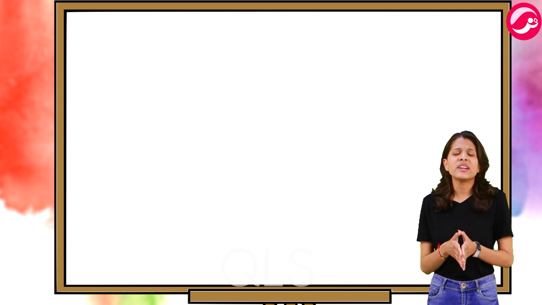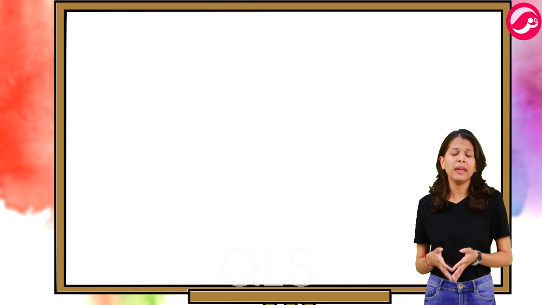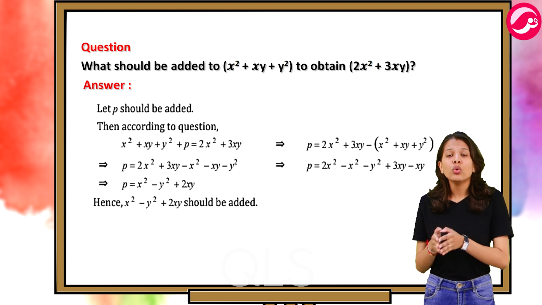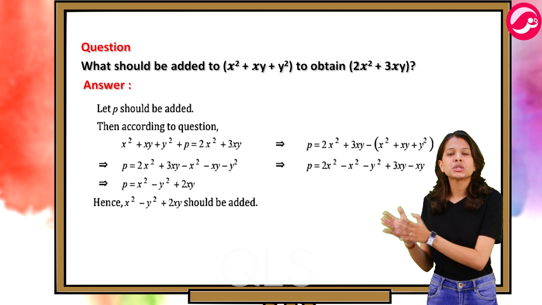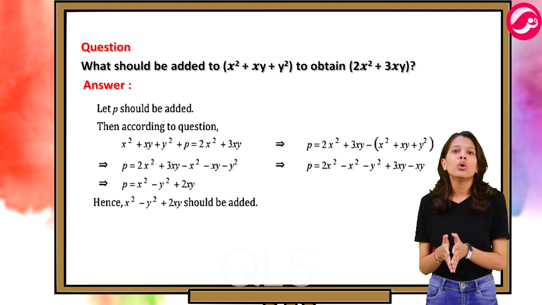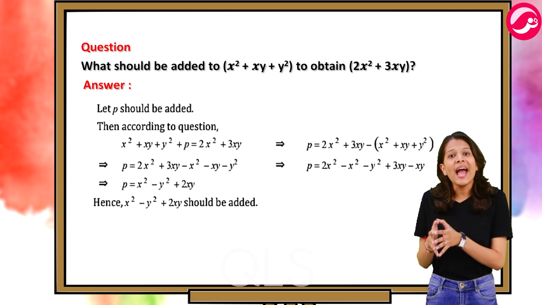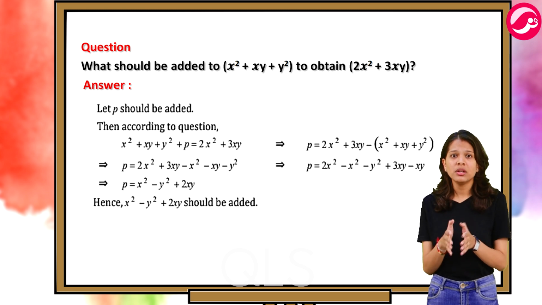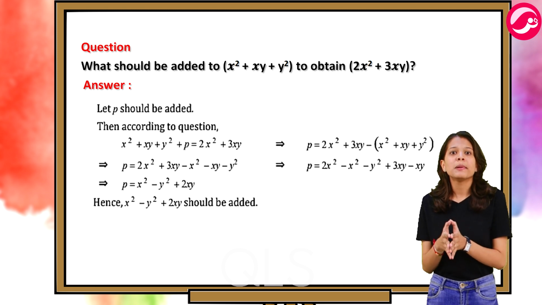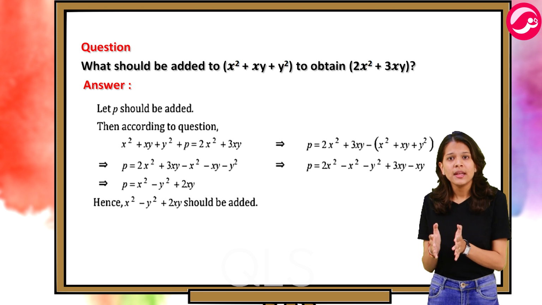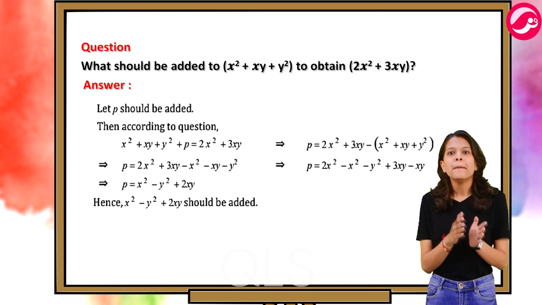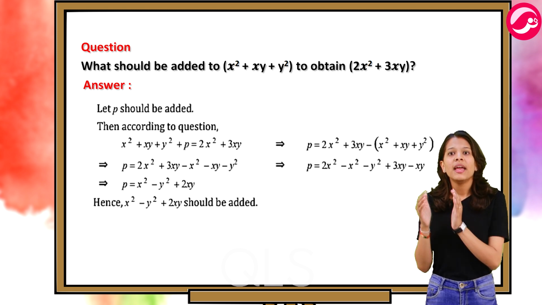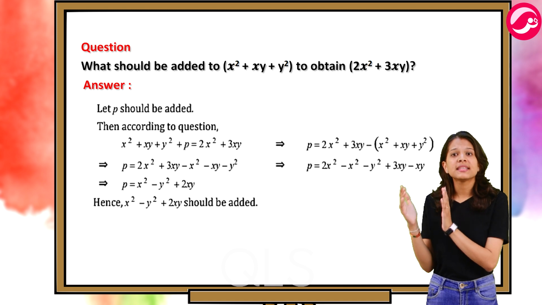There are other types of questions also that we can get under this topic, like what should be added to x square plus xy plus y square to obtain 2x square plus 3xy. So let us suppose p should be added. Then according to the question, x square plus xy plus y square plus p is equal to 2x square plus 3xy, which gives us p is equal to 2x square plus 3xy minus (x square plus xy plus